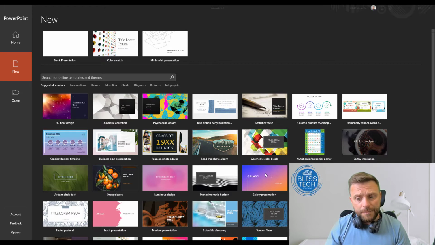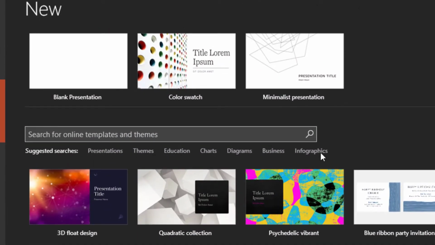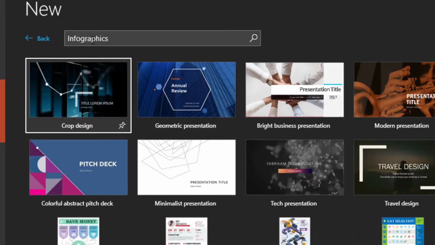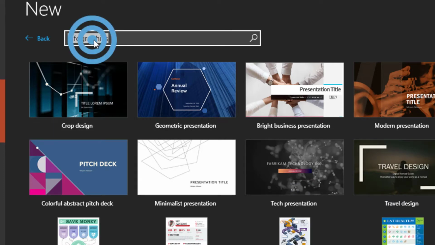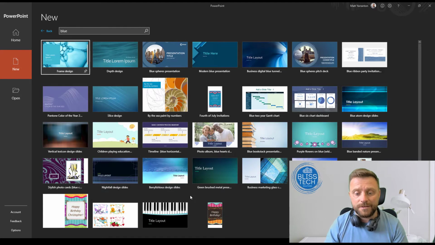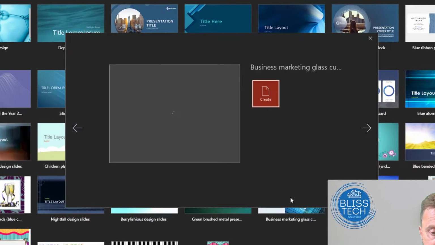So in here we can see there's a load of templates. We've got different categories that we can select for different sorts of template. But we can actually type something that we're interested in. So the Blisstech solution sort of colours are blue, so I'm going to type in blue here, and it shows us all of the presentations that have a keyword of blue in them. So I can look through here and pick one that I like, and I think this one here is quite nice. I'm going to select it,